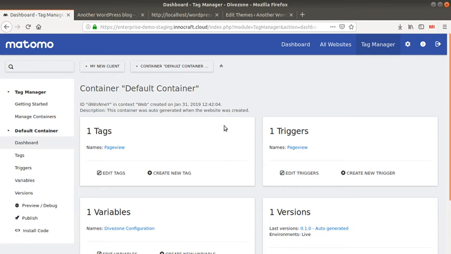And once the debug mode was activated, I looked, when I was triggering this given tag, if it was showing up. In my case, it showed up. So I'm now able to click here on publish in order for those changes to go live and for any visitors to be tracked with this given tag.